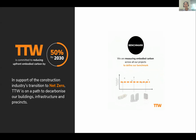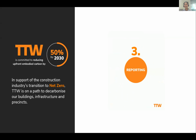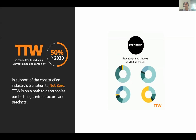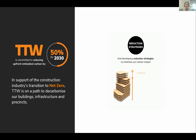And we definitely wouldn't have been able to get to this point without using digital technologies. By interrogating the materials in our BIM models and by doing comparative analyses, as I've shown you today, we're not only advising on our projects on reduction strategies, but we're also learning from them ourselves in order to reach our own targets. And I think the most recent IPCC report that came out a few days ago has really reinforced